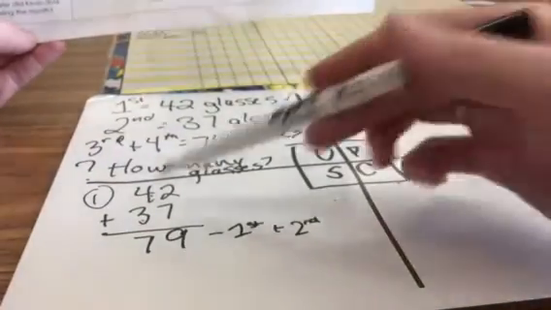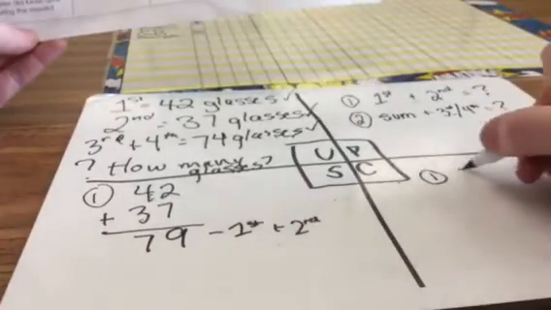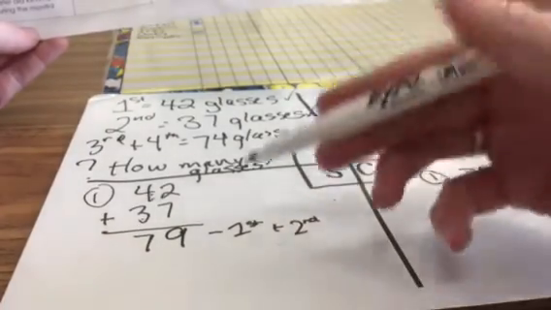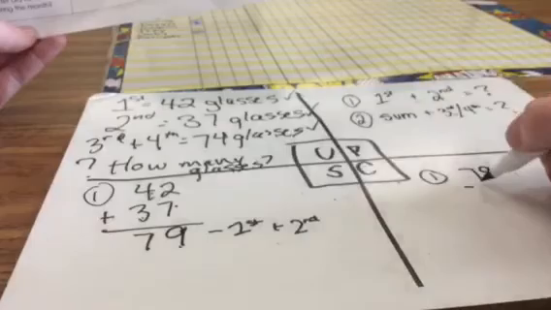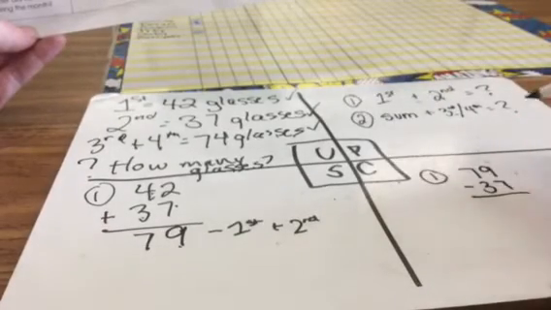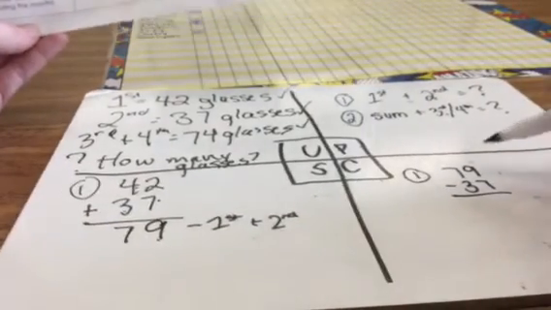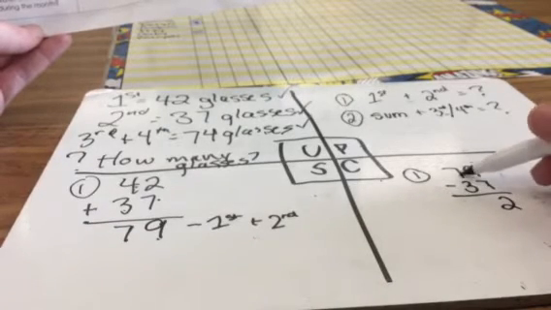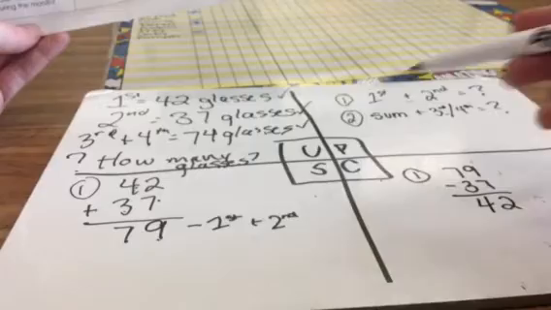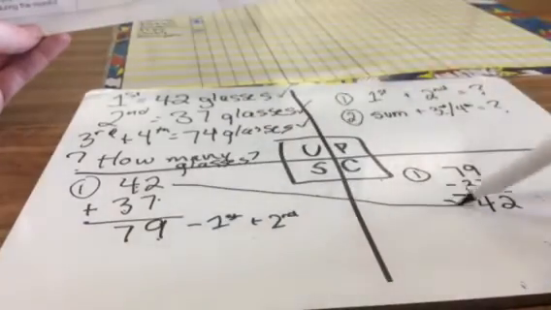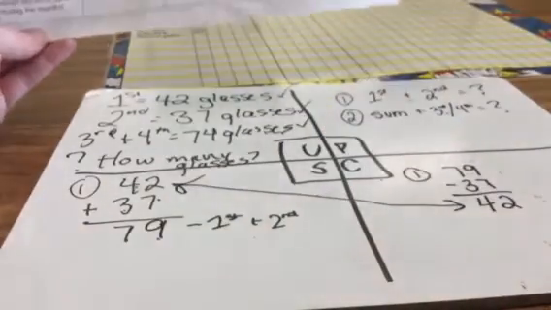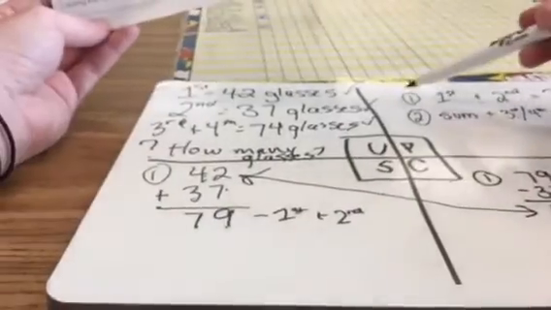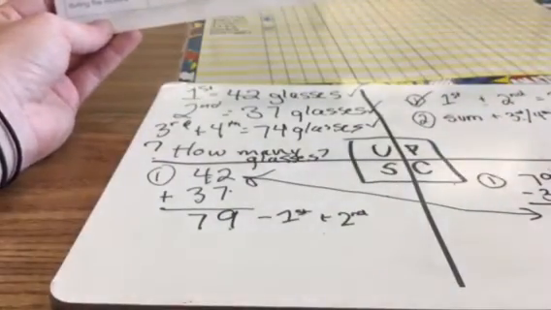So to check, if I had addition, I'm now going to do subtraction. I'm going to work my way from the bottom back to the top. So 79 minus 37 hopefully will give me 42. 9 minus 7 is 2. 7 minus 3 is 4. And my 42 and 42 matched up. So now I can go on to step number 2. Step number 1 is done. So step number 2